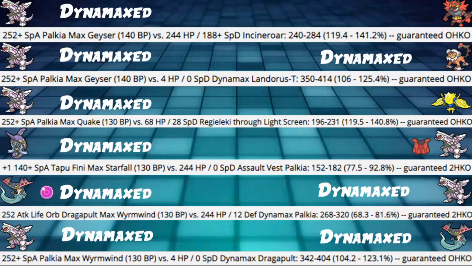So that's good. A couple of defensive calcs here. +1 from Calm Mind, 140+ Special Attack Tapu Fini Max Starfall, whole lot of things there, into our 244 HP, 0 Special Defense but Assault Vest Palkia, hitting 77.5 to 92.8%, which is guaranteed to